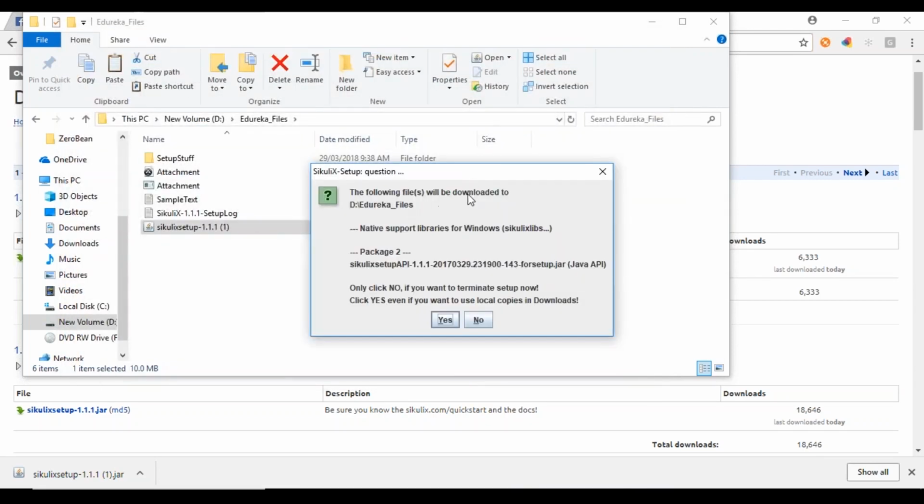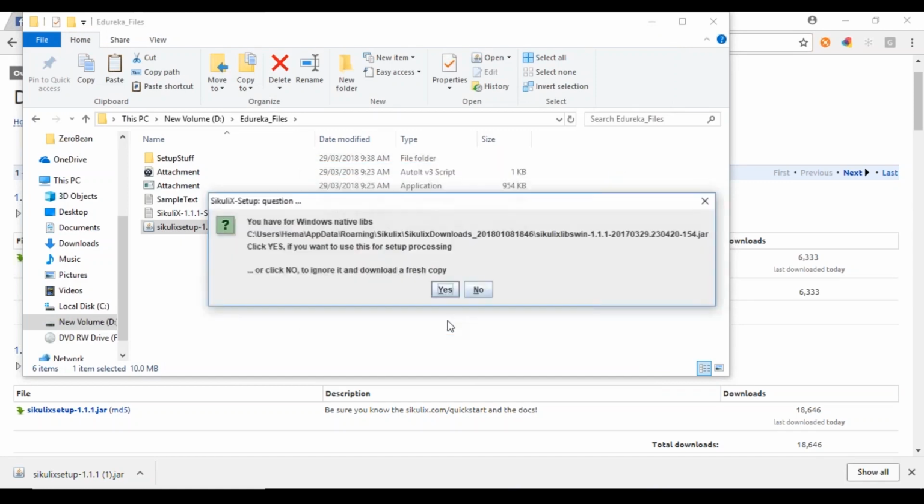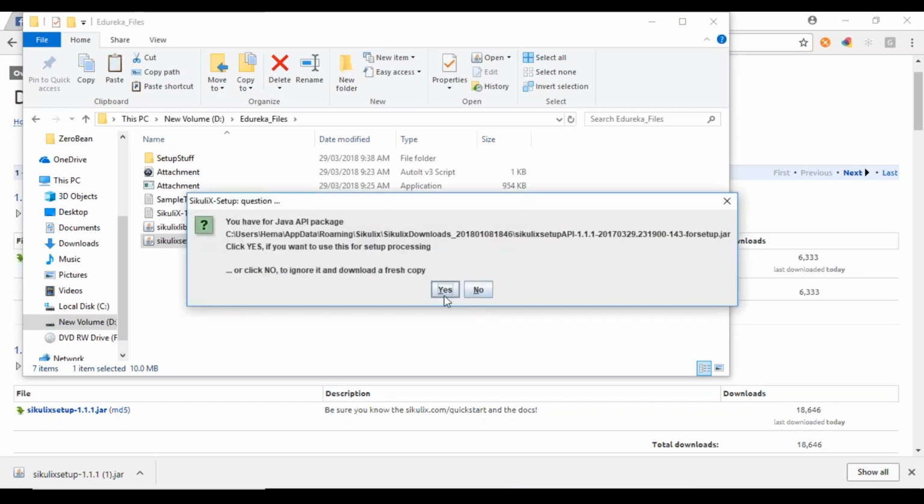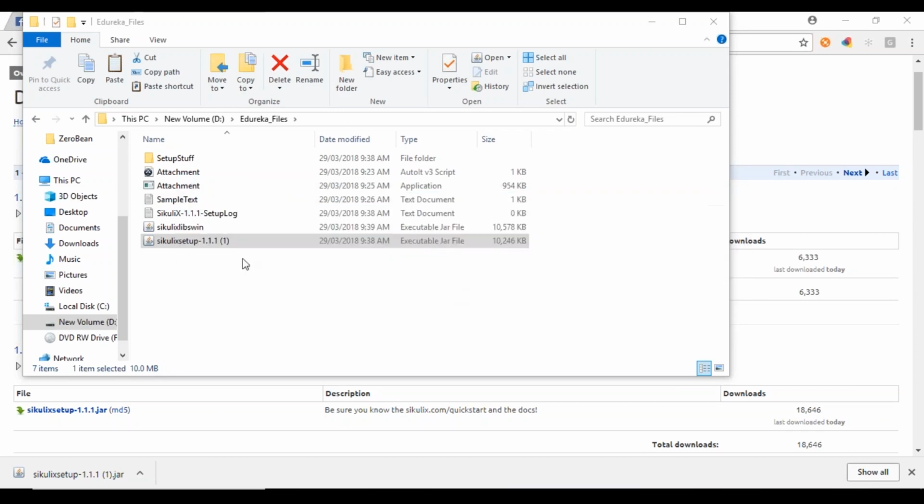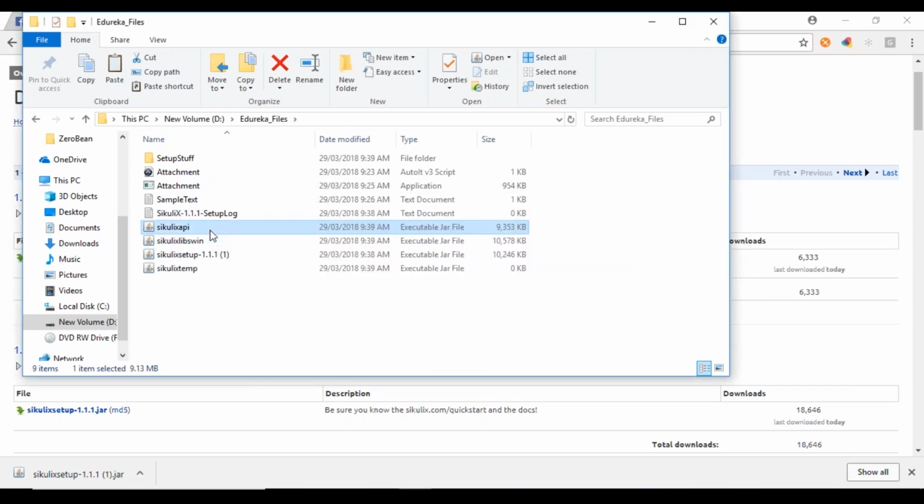So the following will be downloaded to Edureka. This is the path, just click on S. Okay, so here you have for Windows natives. Yes. So now it has downloaded this Sikuli X API file, which we'll have to add to our path in order to work with this. So what we are going to do, let me go back to my